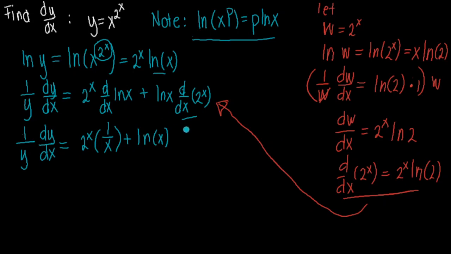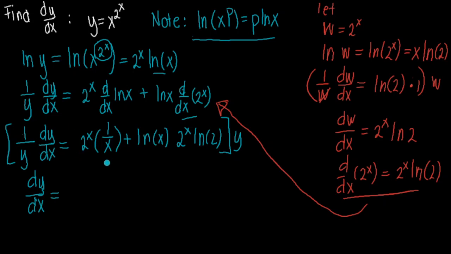Let's plug that in here, 2 to the x times ln of 2. Now, multiplying y to both sides of the equation to cancel the y in our left-hand side expression, we're left with dy over dx is equal to